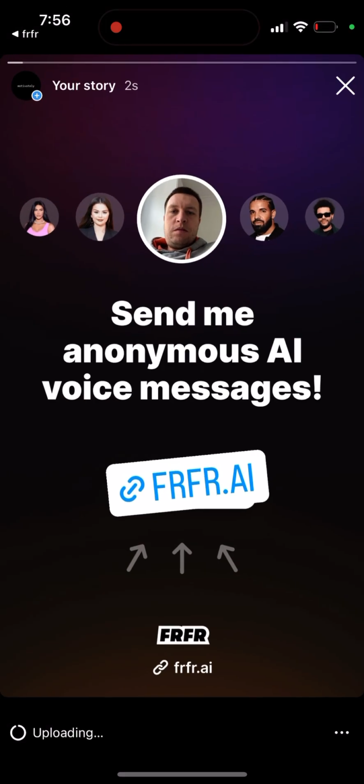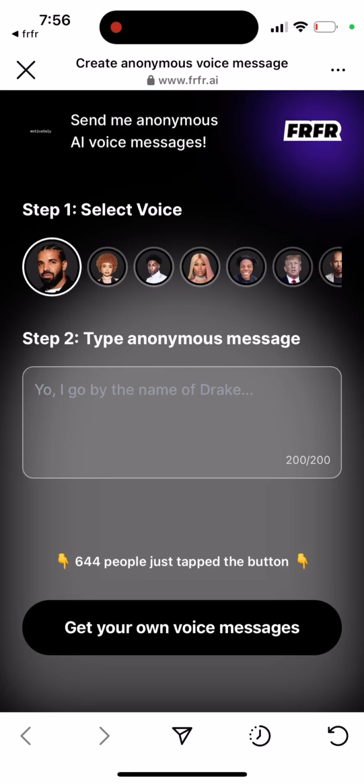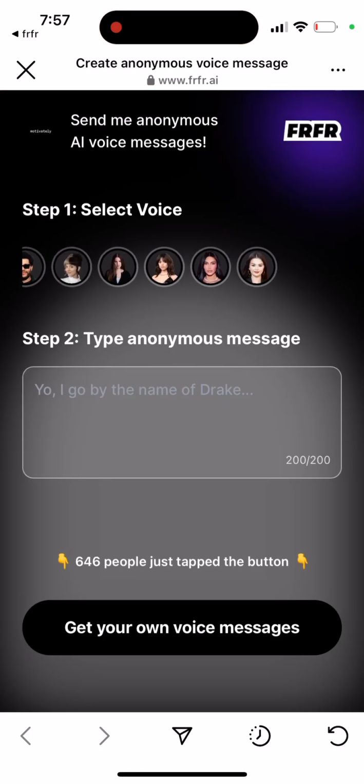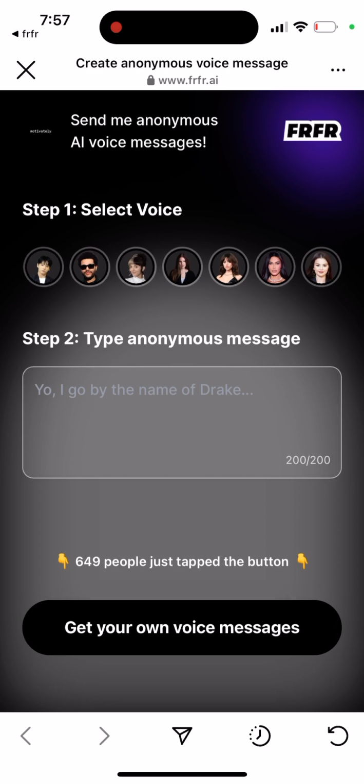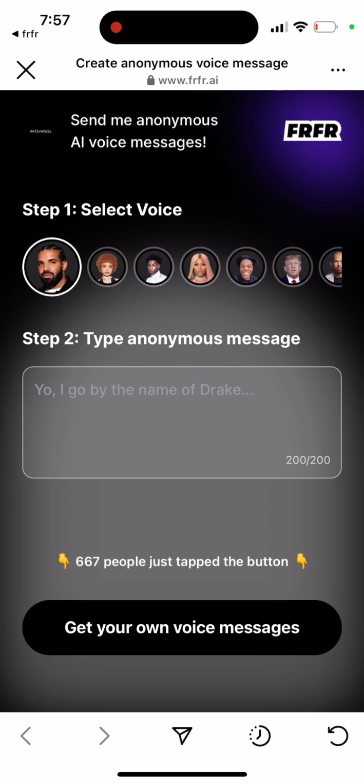And then what happens is, if you go to your story, your friends will see this link, and then they can send you a message. But this is not just a text message like you have in the Send It app or the NGL app. This app can generate a voice message using some celebrity voice, for example,